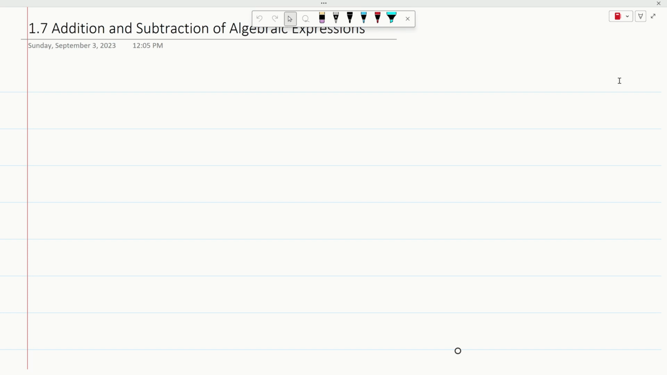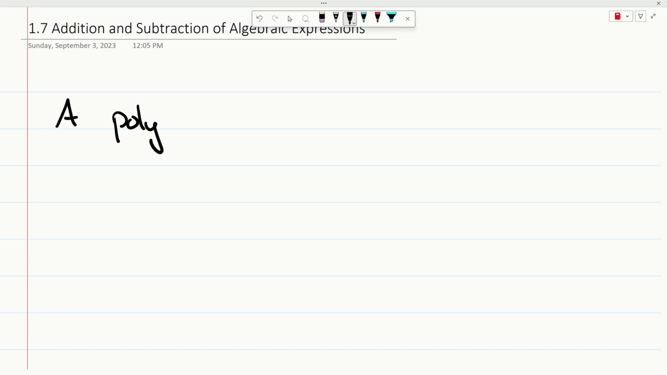In this video, we're going to be reviewing adding and subtracting algebraic expressions. Now, this section is probably the largest section out of chapter 1, but a lot of this I think you already remember, so we're just going to review it. So first,